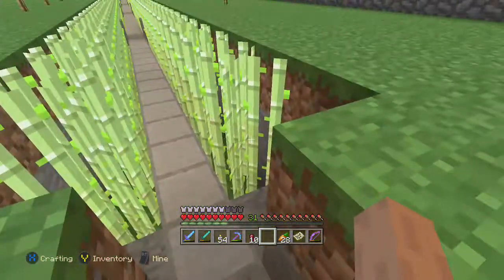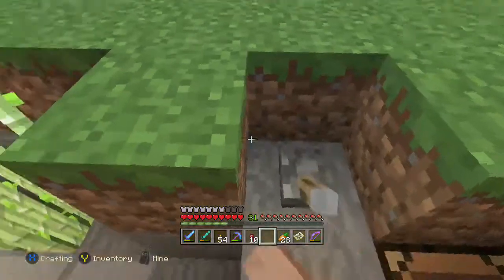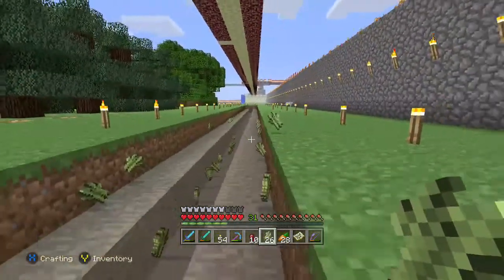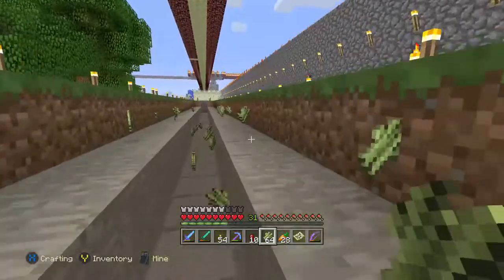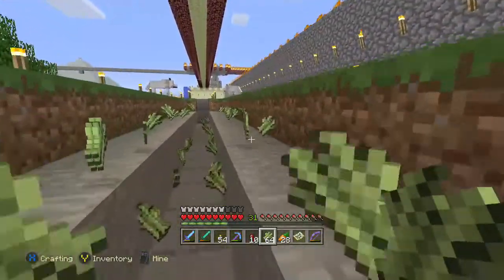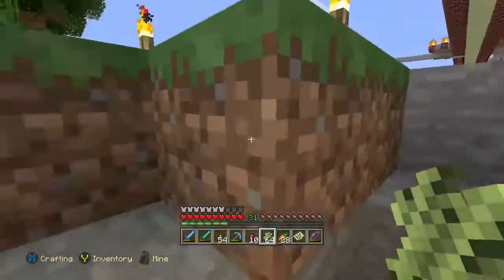Sugar canes are 3 high, and we wound up making this machine right here that is wonderful, that when you flip the switch, it does this. Flipping the switch automatically just cuts off the top 2. It seals it up so they can't fall under the pistons. I'm using sticky pistons here with stone, and just by walking back and forth...